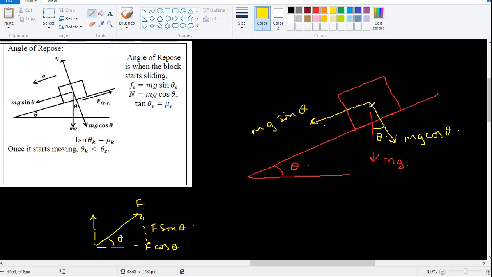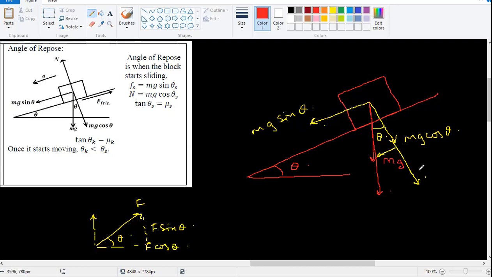So this is mg, this is adjacent, which means mg cos theta. The opposite is somewhere here. Maybe I should show the arrow a little bit smaller. But it's okay, maybe I should show this arrow a little bit here, which means this mg red line will be a bit bigger. Okay, which means this is your mg sin theta, but this and this are equal. I'm not drawing it to proper scale.